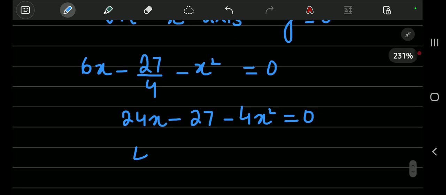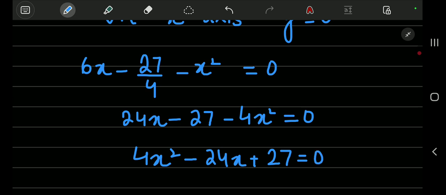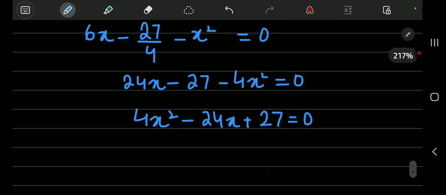Arranging it, multiplying the whole equation by minus 1, 4x square minus 24x plus 27 equals 0. So solving it out,